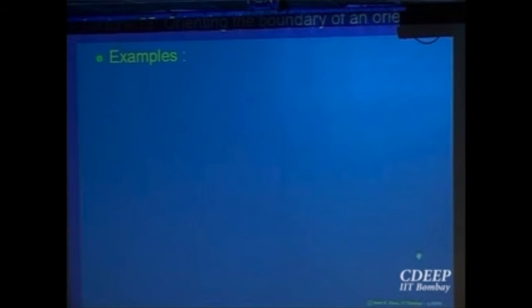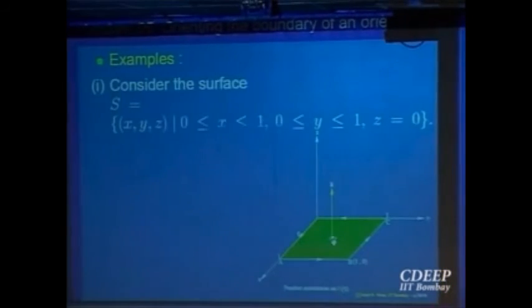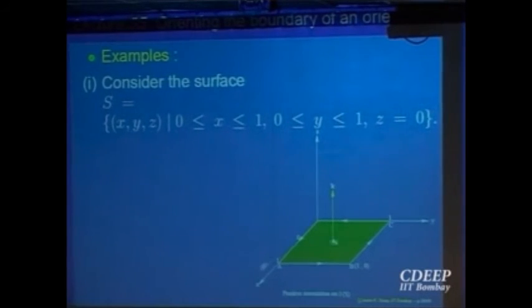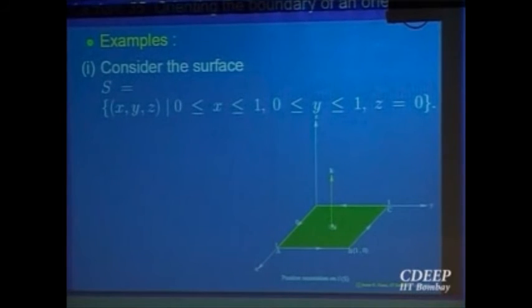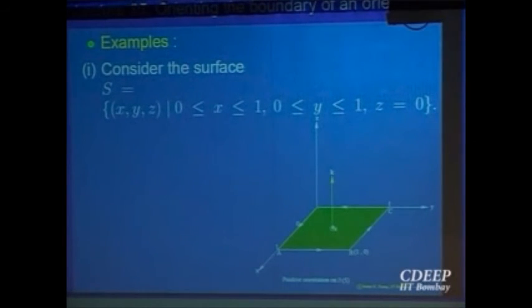Let us look at some examples at least, okay? Concrete examples where this will help us to understand. So let us look at a part of the xy plane, a square, that is my surface, okay? The plane is orientable. Any part of the plane is orientable. You can either choose everywhere the continuous unit normal which is going up or going down. Choice is yours. So let us say that you have chosen continuous unit normal to be k, which is going up at every point. So we have fixed on the surface a continuous unit normal.